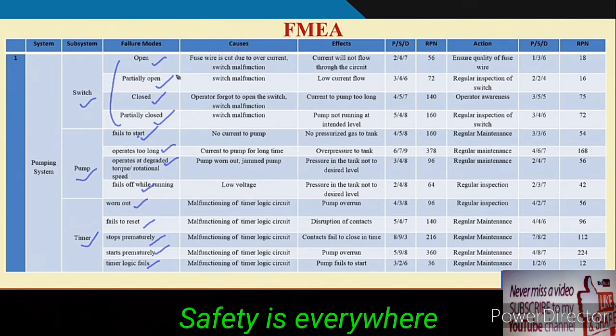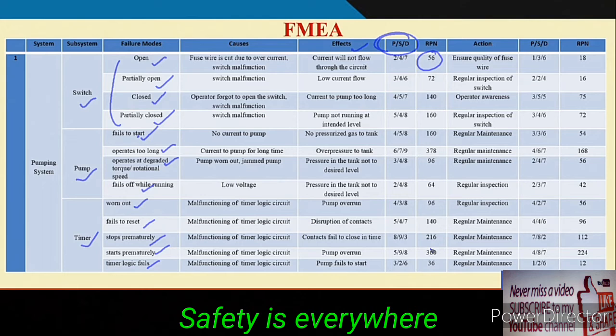So you can add to these causes, you can modify the causes also, absolutely no problem. But please remember that these causes you have to identify. Then, with the effect part also open, another important part is the finding of the probability, severity and detectability. We have used the 10-point scale we gave you earlier for probability, severity and detectability, and then you calculate the RPN. Depending on the RPN value, you may go for some kind of action or you may think that this is absolutely okay.